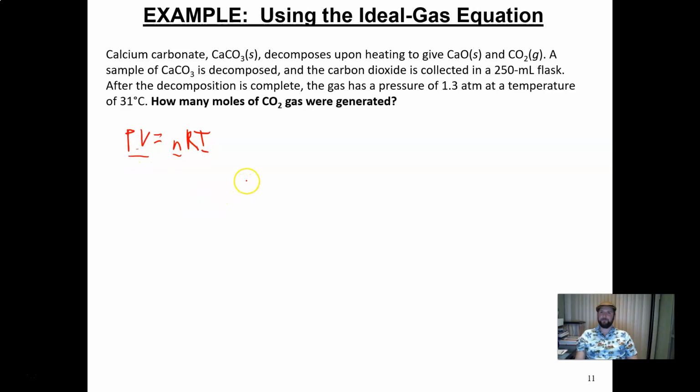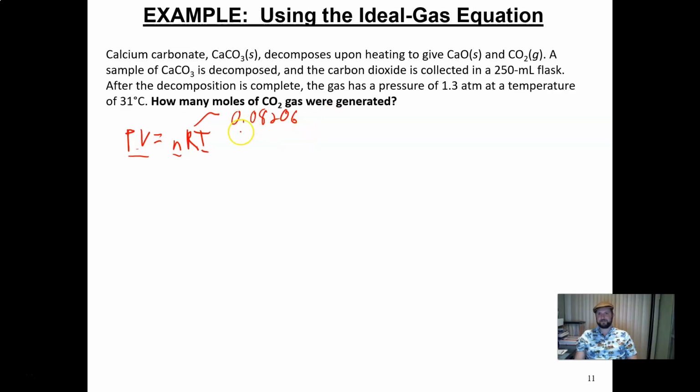And so most of the problems, you're just identifying which one you're going to solve this equation for, and then do a calculation, plugging in the values in the right units. And many times it will not have all of the units in the correct units initially. So what units do you use? Well, remember that I said that one of the versions of the ideal gas equation was the